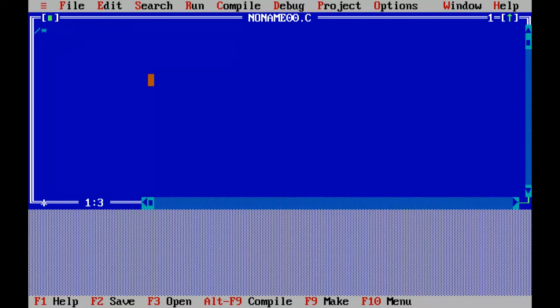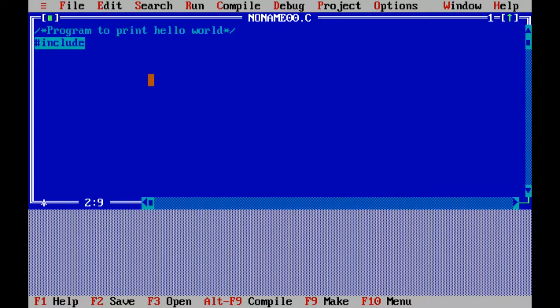So I'll write: program to print hello world. After the comment is finished, I'll again put a star mark followed by a forward slash, and then I start typing in my program. So here it is,